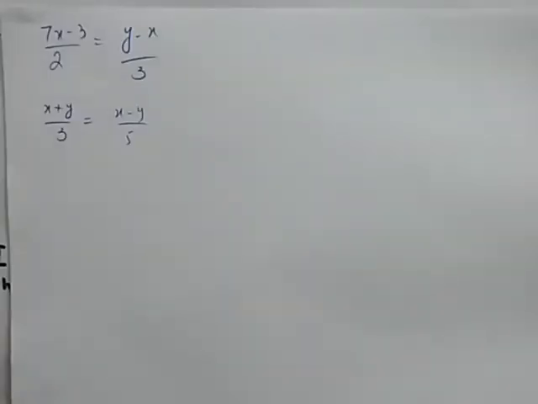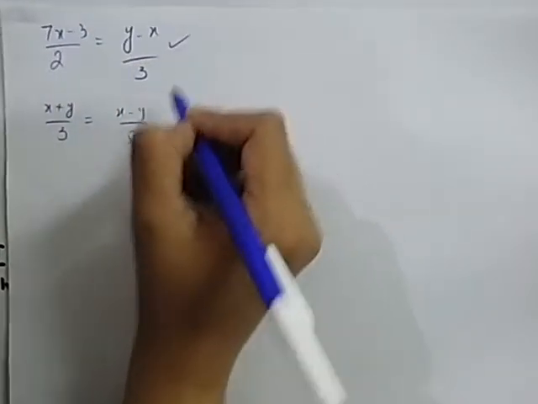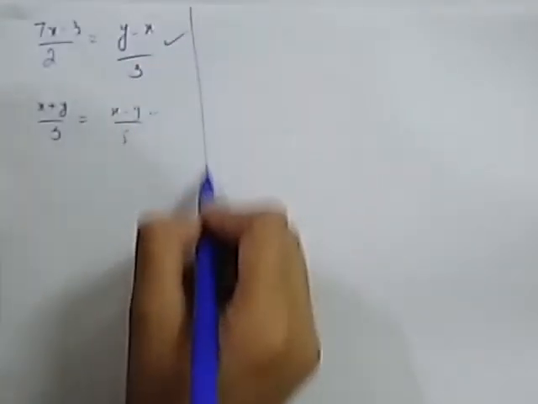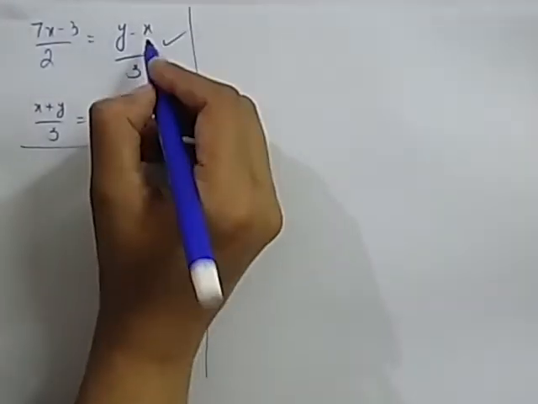So you can see that another kind of equation is given, and this is the same question as we did in the previous lecture. This is given in the form of fractions, so first of all we have to remove the fractions. First we will solve this equation, then we will solve the second equation. So first of all I am going to take this one.